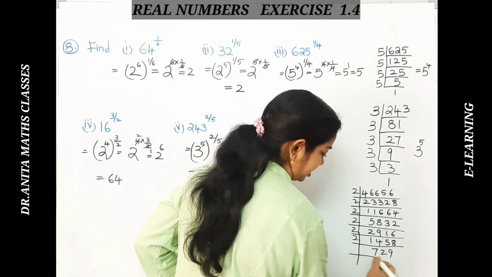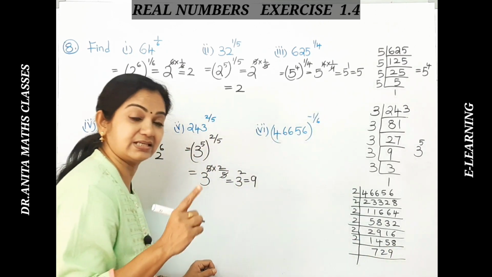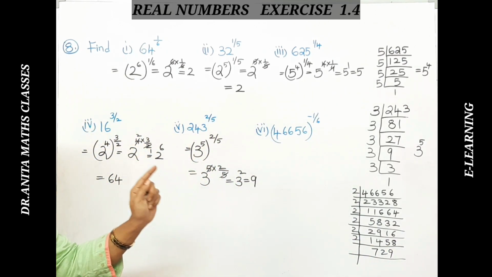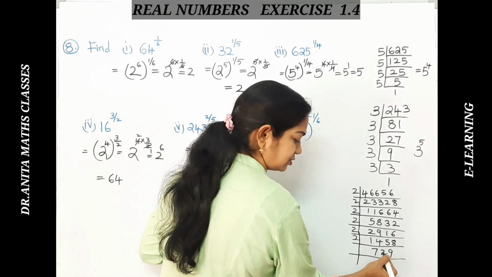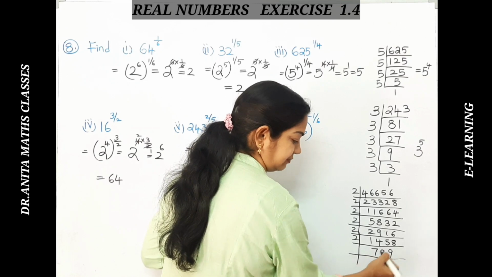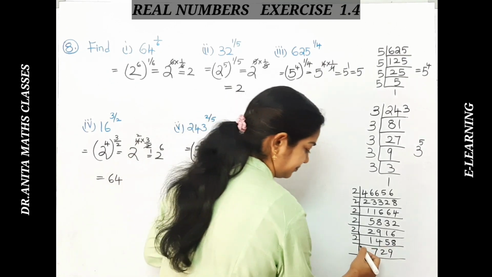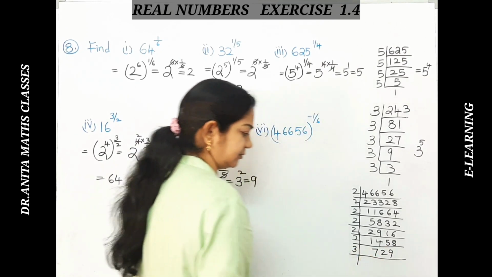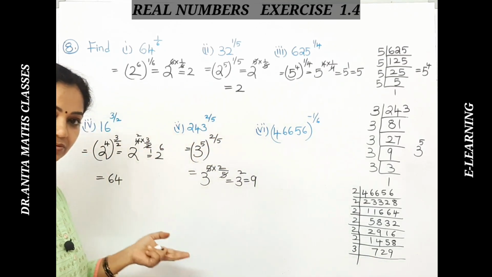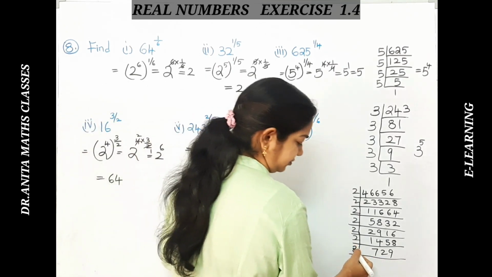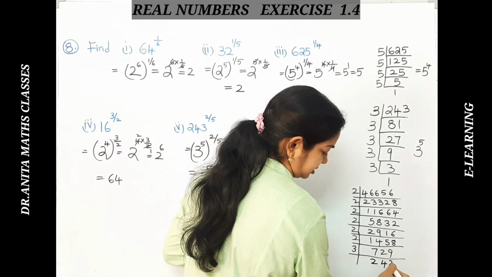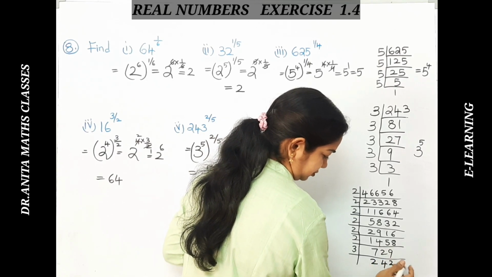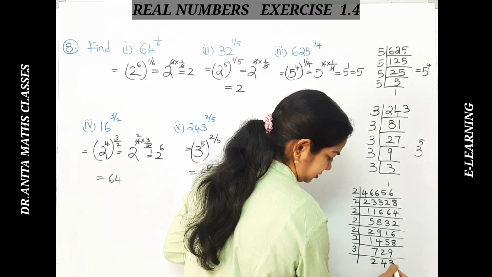Now 729. When you remember 729, it goes with 9 as well as 3. Okay, see here, 9 plus 2 is 11, 11 plus 7 is 18. So 18 will go with 3. You can do it with 3. Yes, also with 9 we can write it. 3 3s are 9, sorry, 3 3s are 9.